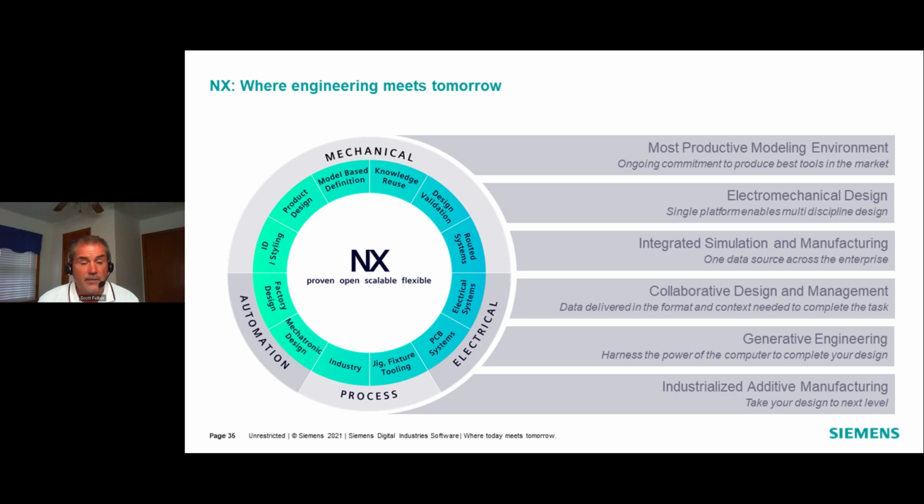You have the ability to access one data source across all of the areas needed to complete the design, from design to analysis onto manufacturing and commissioning. We have streamlined the engineer to order and configure to order process across the engineering enterprise while retaining essential component organization. We harness the power of the computer and machine learning to complete your design and meet all of your requirements. And finally, we take advantage of emerging mainstream manufacturing technologies such as additive to provide novel, cost-effective solutions.